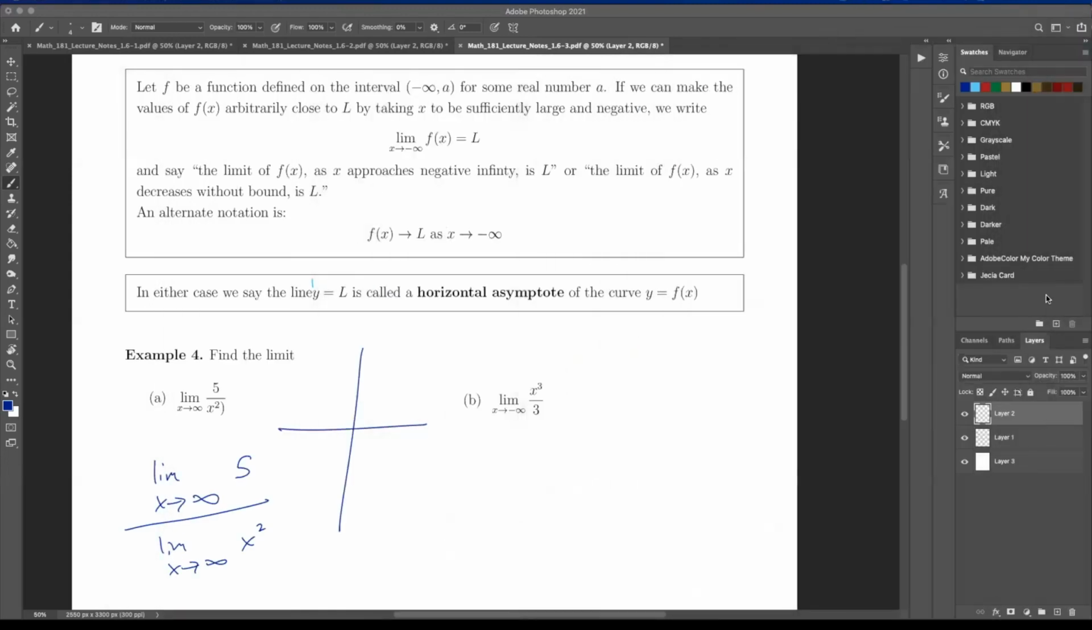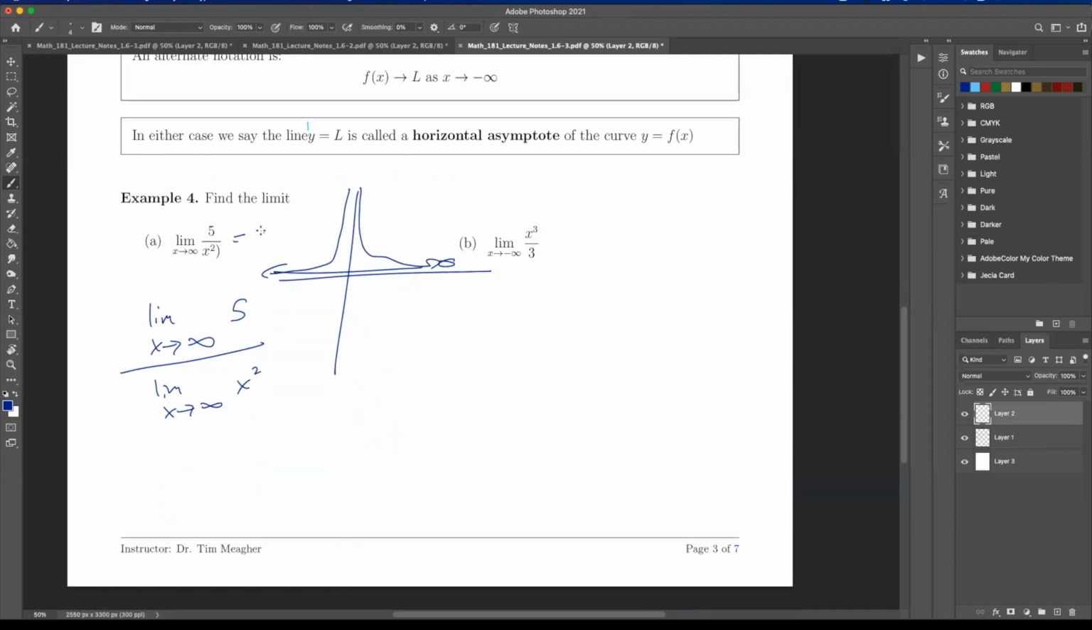And as I take this to infinity, this goes to 0, right? And so here we say this limit is equal to 0. In fact, anything of 1 over x to the any power, let me be very clear about this. Any power